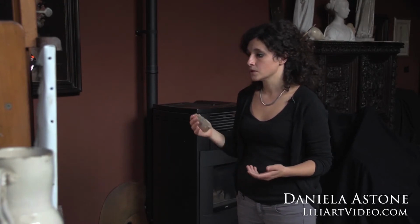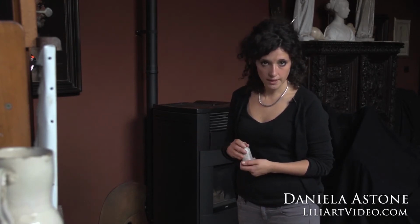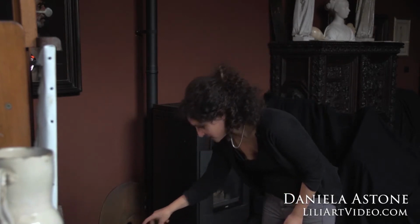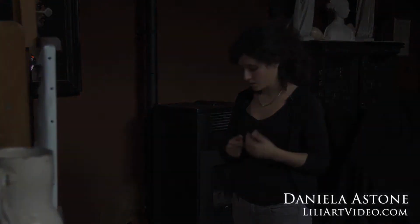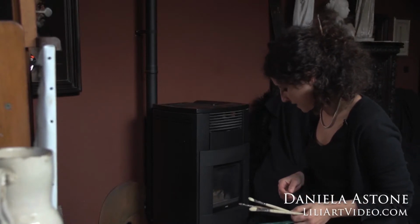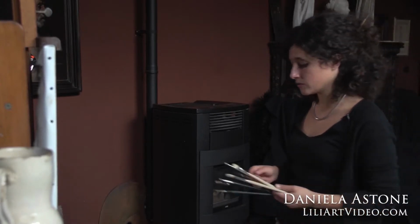And maybe at the very end you're going to have something even thicker, like Dammar varnish added to it, or some thicker oil. Okay, so it's important. This is called the rule of fat over lean. The layer that goes on top always needs to be a little bit fatter. So, talking about brushes, as I like variety in nature, I like also variety